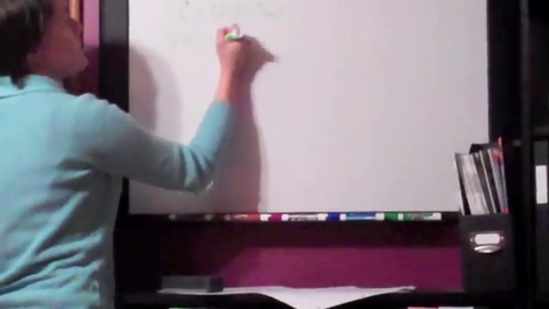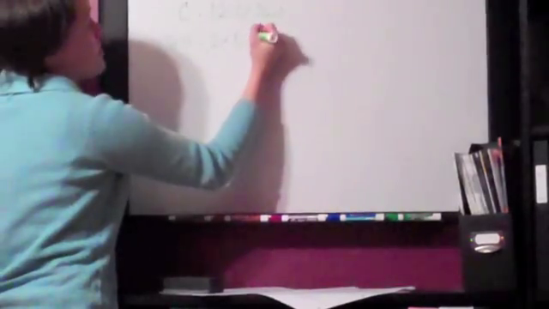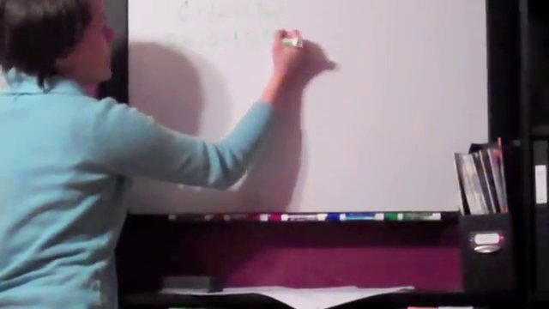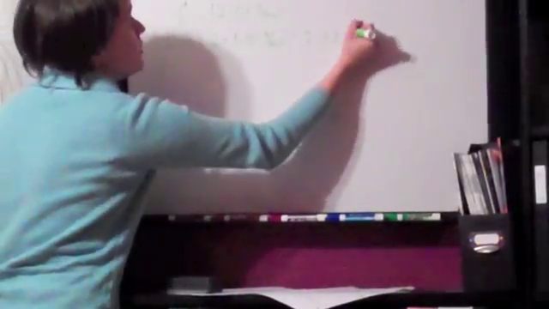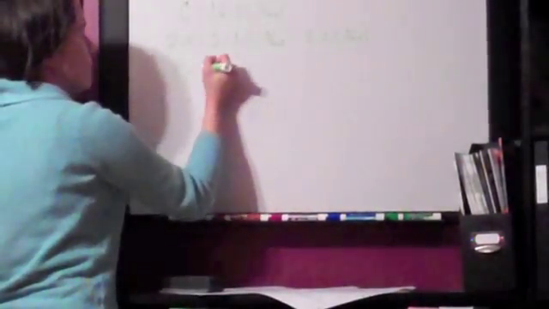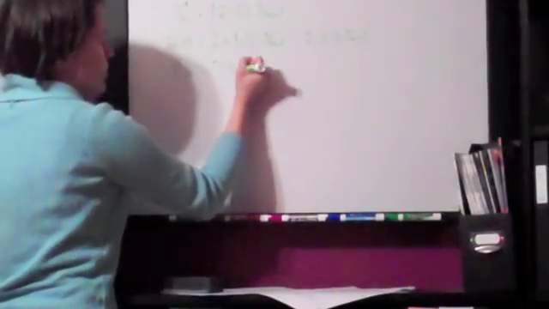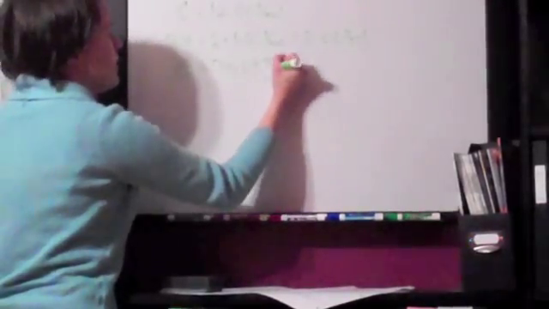I have 2 hydrogens, which means I have 2 times the mass of 1 from the periodic table, which gives me 2.02 grams per mole. And my bromine, I just have 1 of them, 79.09 grams per mole. Now that I have all of those values, I can add them up, and I get, as a sum,